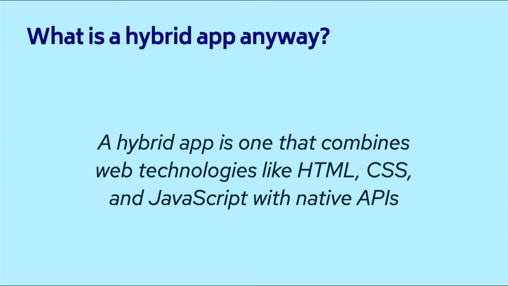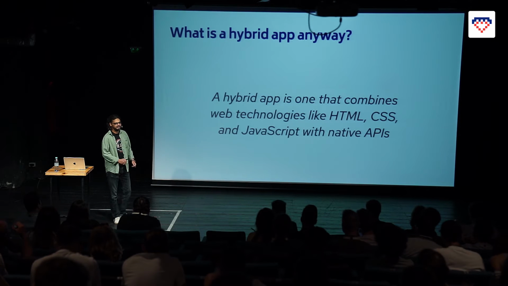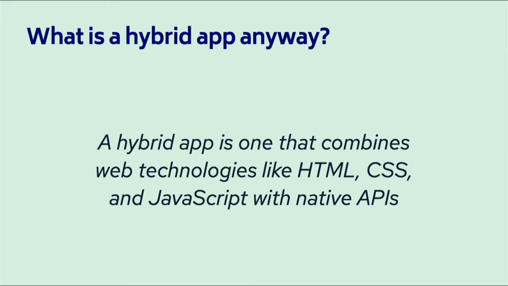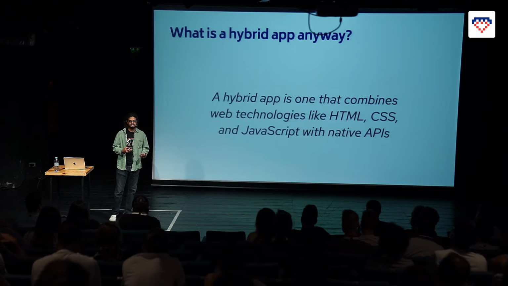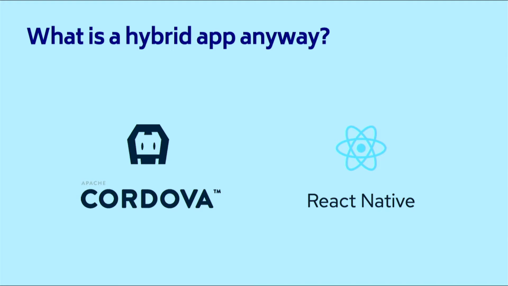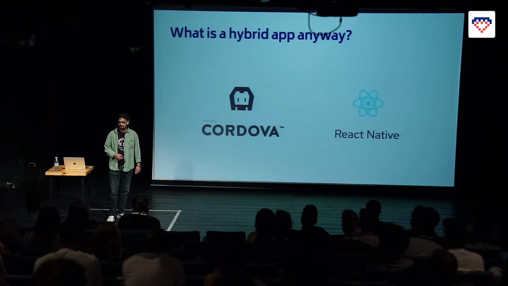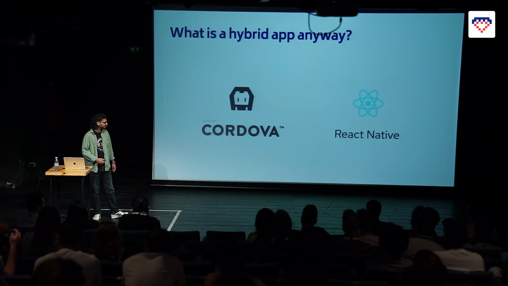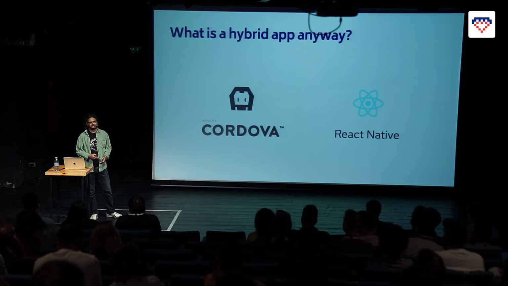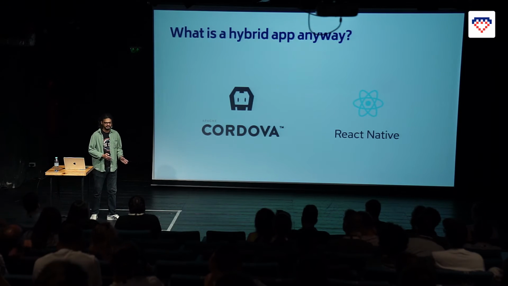So what's a hybrid app? A hybrid app is one that combines web technologies like HTML, CSS, and JavaScript with native APIs on iOS and Android. The degree to which these two worlds collide depends on what tools you use. These are a couple of popular mainstream tools: Cordova, which used to be called PhoneGap, and React Native. These are the tools most people would reach for when you say hybrid apps. We'll come back to these a bit later on, but for now, let's take a rather sizable detour